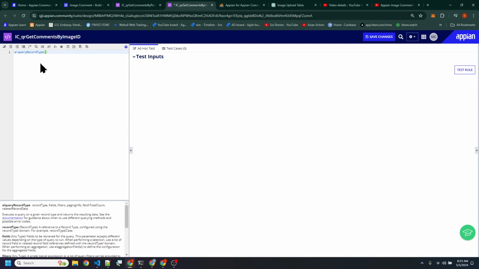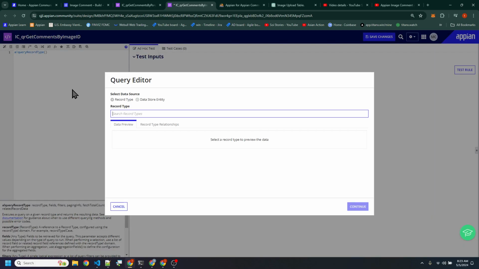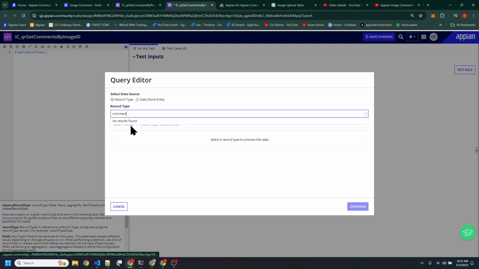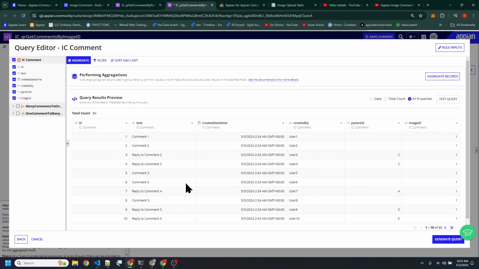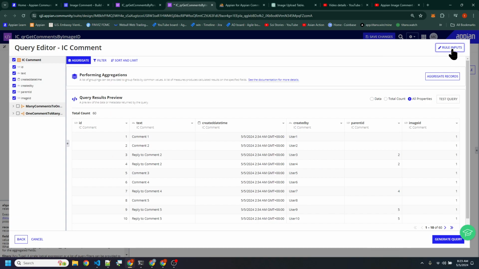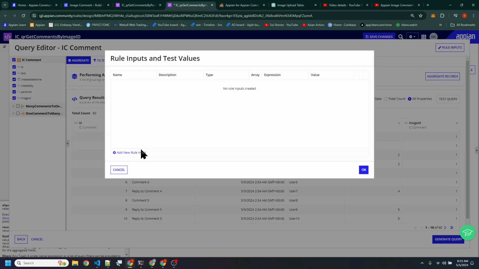Use the query record here, quickly launch the query editor, search for your data type, go to comment, because we're actually looking up comments, and then continue. Then create a query rule here. So this is image ID, and the type is number.